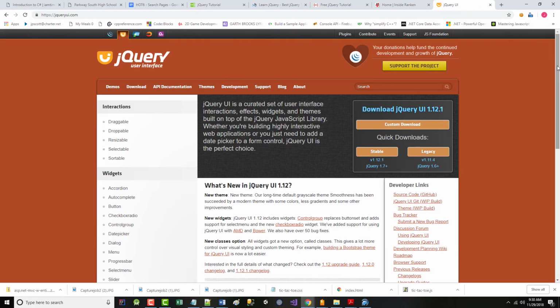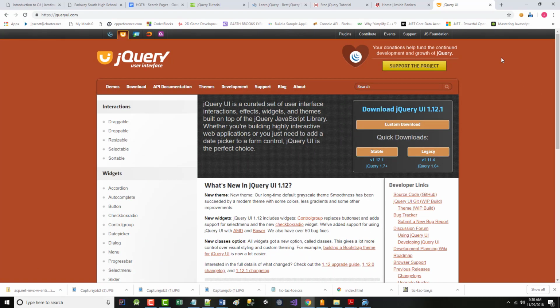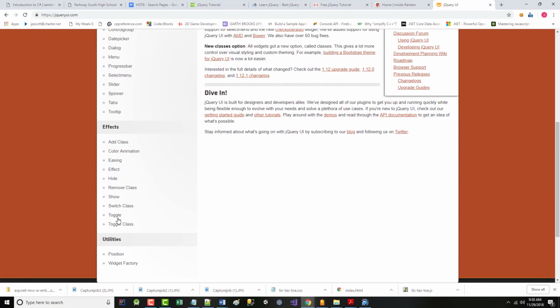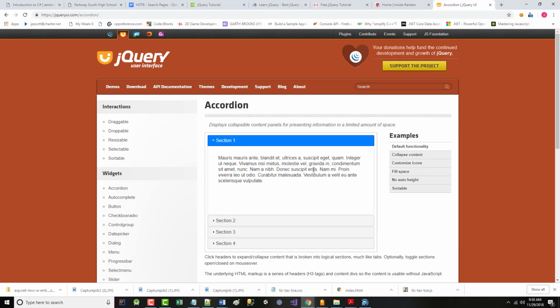jQueryUI.com. Again, not a nice looking site, doesn't look like very much. But again, let's say that I want to learn about how to use an accordion, one of those FAQ types of things. I can go over here, and there's about 30 things in here. But I can go down to accordion, I can grab that, and then notice